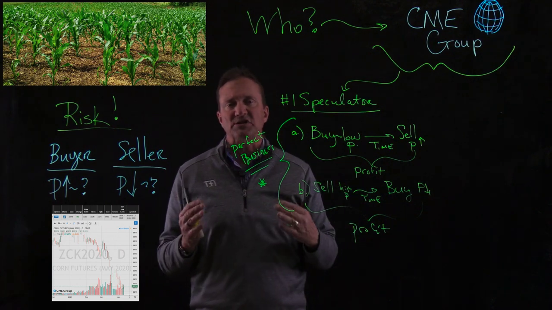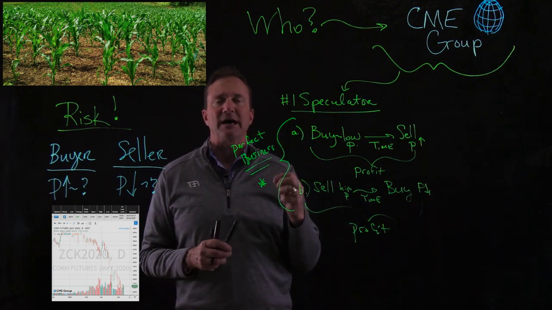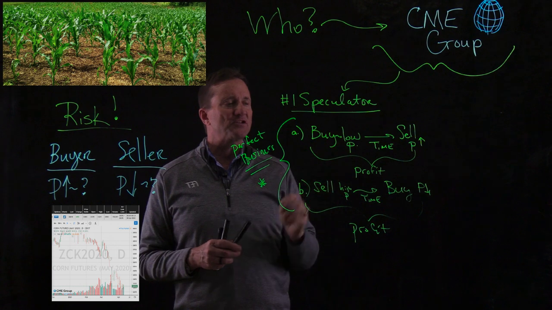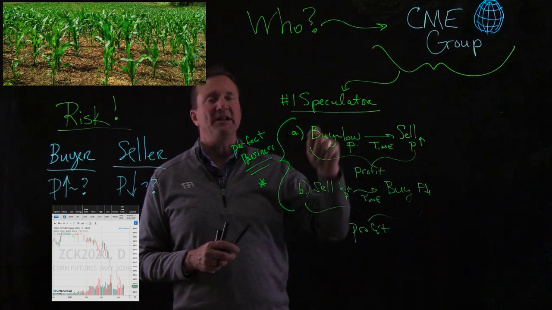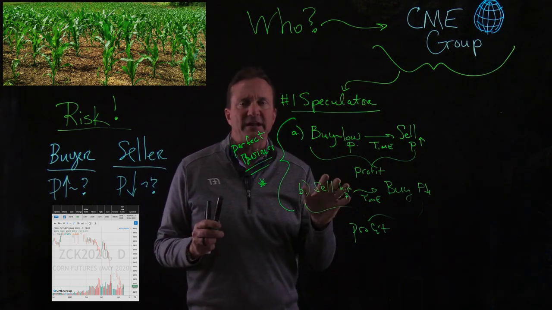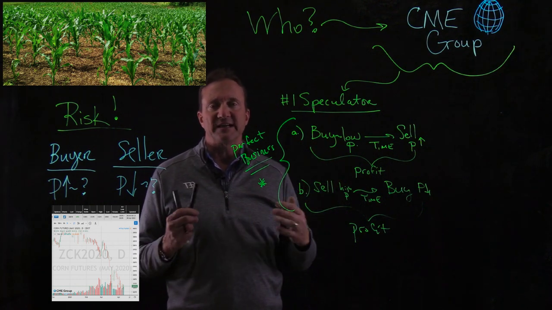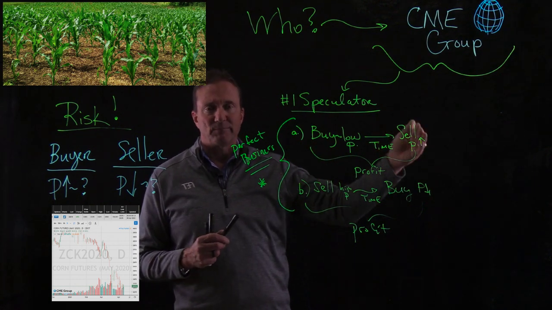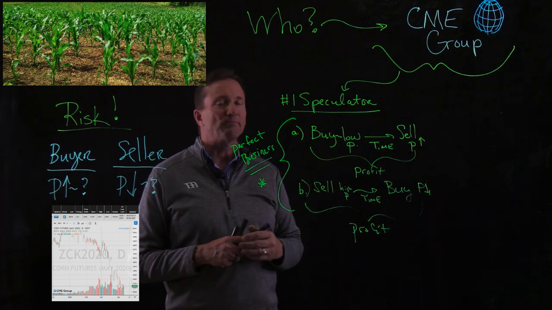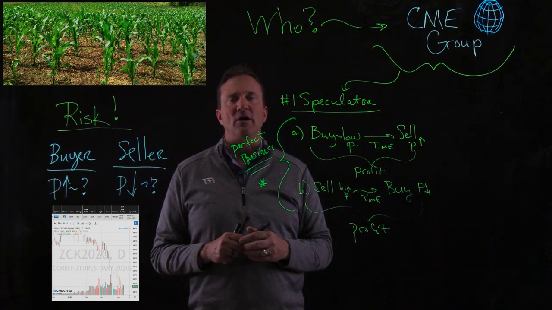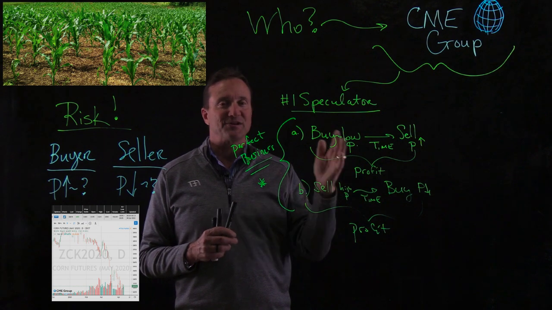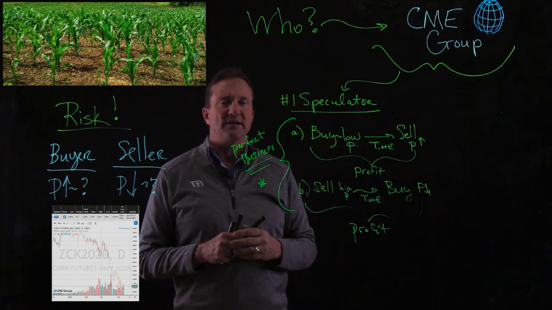It just depends on which role they think is the best opportunity to make money. That's what a speculator does. They are trading in the futures market, and they are making the market move up and move down based on what they see as indicators of the future price. So a speculator plays an important role in the market, and they are a participant in the futures market. They are one of the who's in the market.